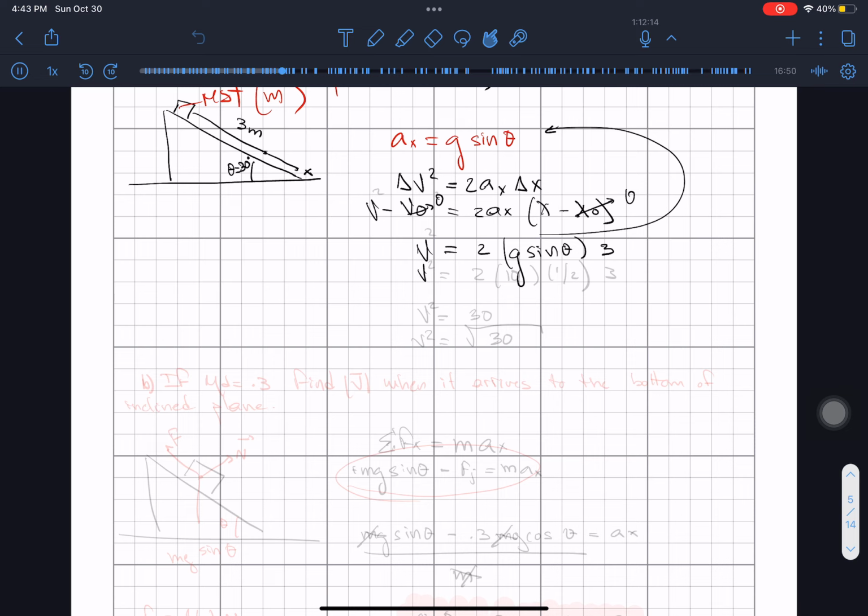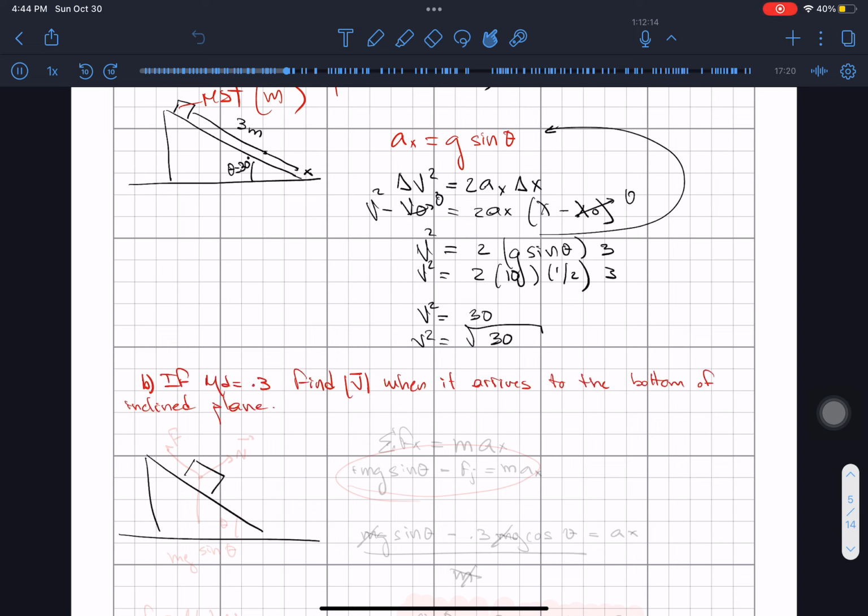So velocity squared is going to be equal to 2 times 10 times the sine of 30, which is 0.5, times 3. So the velocity squared is going to be equal to 15, and the velocity is going to be equal to the square root of 15. So for part B, they're telling us that the dynamic coefficient is 0.3, and we have